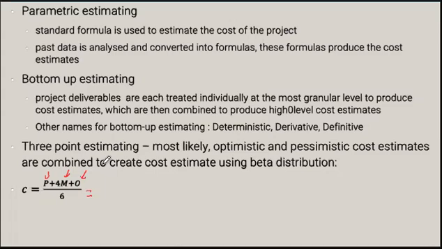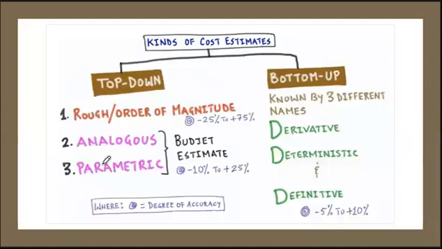And I suppose what we can take a look at here is that we have 2 different types of top-down estimating. So rough order of magnitude would allow us to estimate the cost of a given activity, looking top-down. So rather than focusing on each activity, we'll just look at them in more general terms. And analogous and parametric work in a similar way. But bottom-up